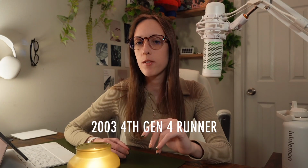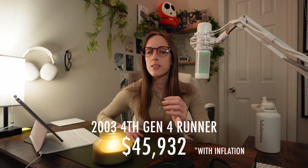And in the 4th generation, we saw Toyota still maintain the comfort of a car while also getting near the strength of a full-size SUV and off-road vehicle. But there were still complaints of the gas mileage and just the overall fuel efficiency. The 2003 4th generation 4Runner, if it was released today, again, still keeping inflation in mind, would be released at about